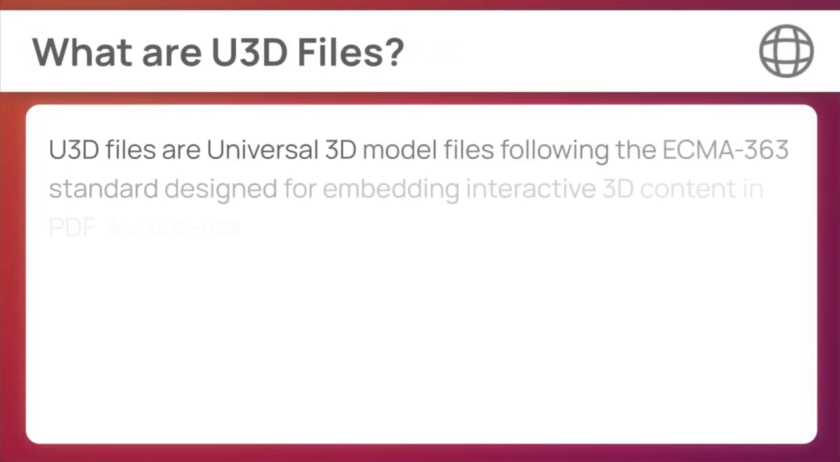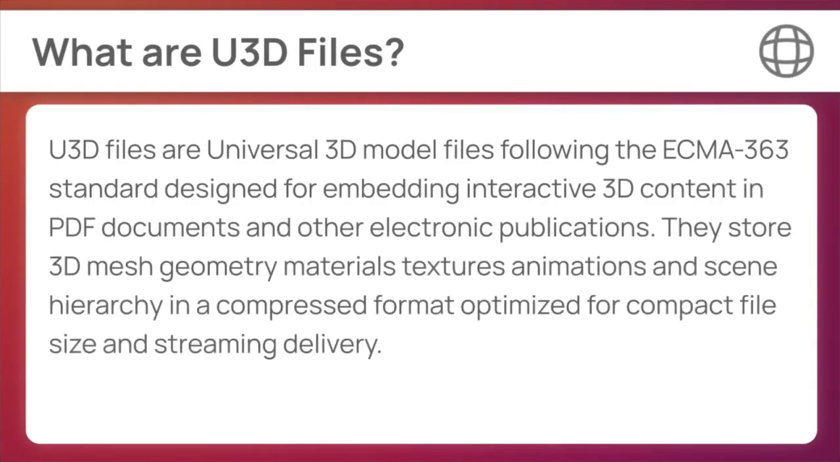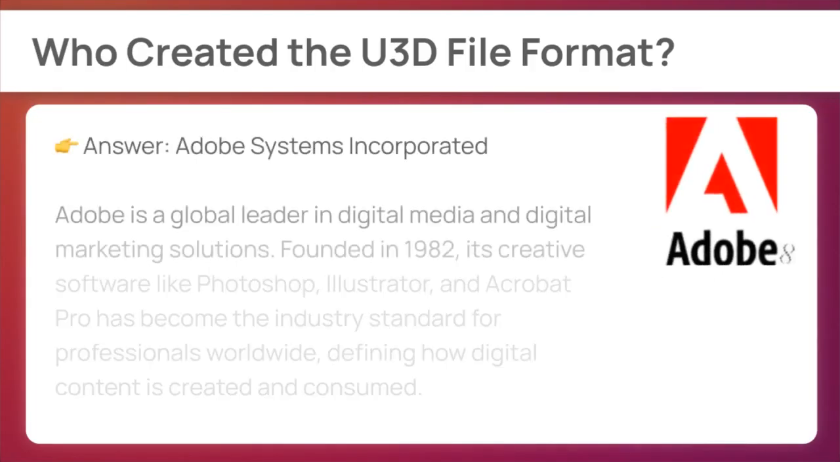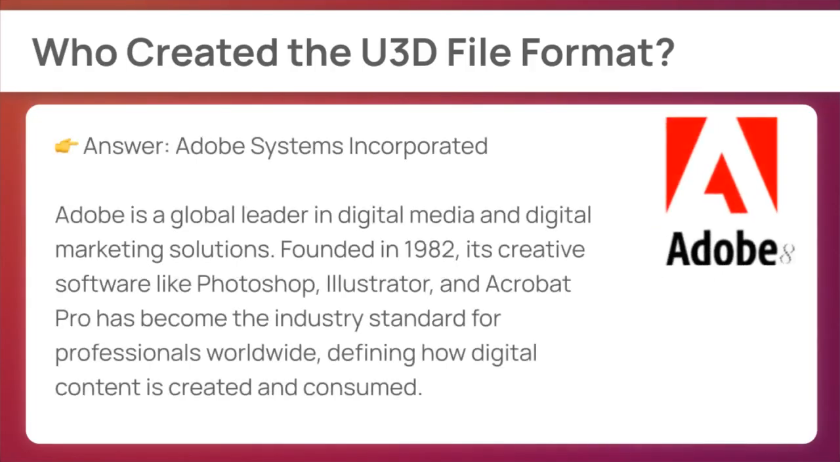U3D files are universal 3D model files following the ECMA 363 standard, designed for embedding interactive 3D content in PDF documents and other electronic publications. They store 3D mesh geometry, materials, textures, animations, and scene hierarchy in a compressed format optimized for compact file size